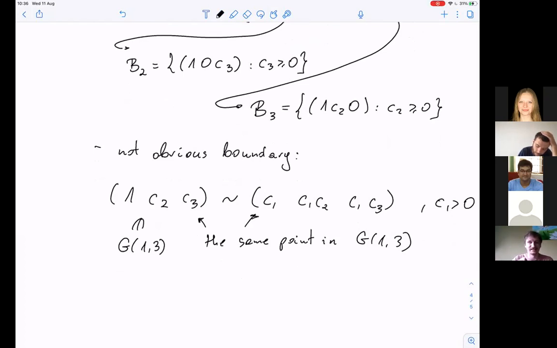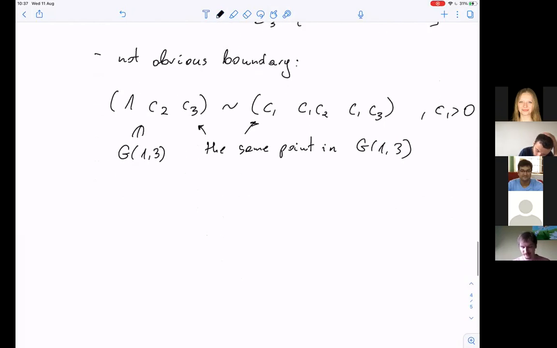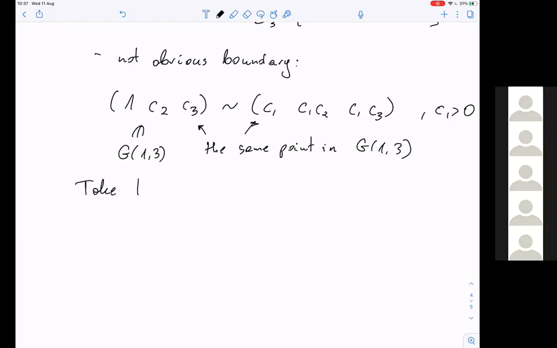One plane in that case is a line, but it doesn't matter if I take this vector and all its multiplicities, or I take this vector and all its linear combinations, so all their scalings. This is exactly the same point in the Grassmannian. So now if I look at this point here, then I can see that there is some limit where I can approach one more boundary of G plus 1,3. Okay, so what we do, we take the limit